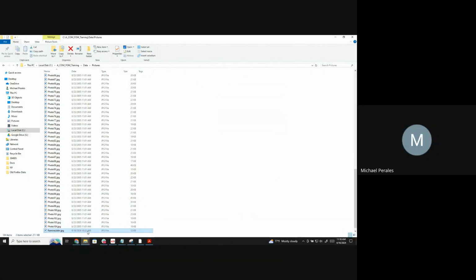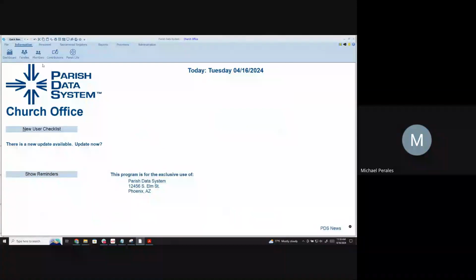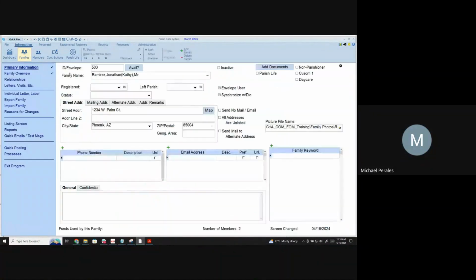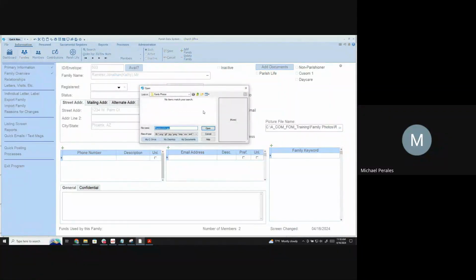All right, so now when I'm posting, I don't have to point directly to that other location. What I want to do is go to my families. See, John, see how that's no longer there? So what I'm going to do is point not to that photo directory, but I'm going to